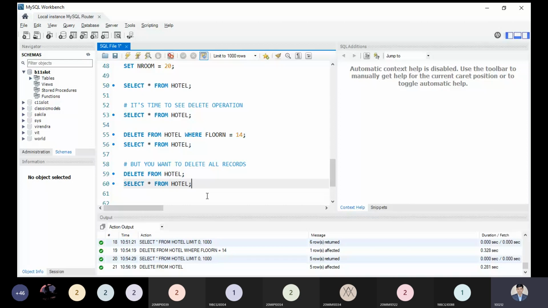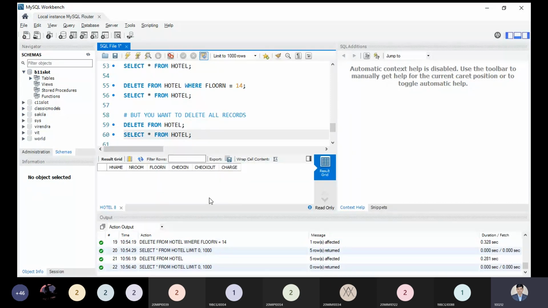It means we have the schema. The schema was not removed; the total number of records was removed. Suppose we have n number of records, then n number of records will be removed. Now let me show my code. You will be able to see we have only the schema part. There are no records available here.